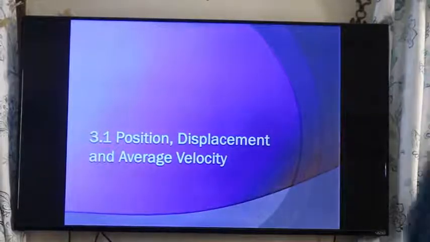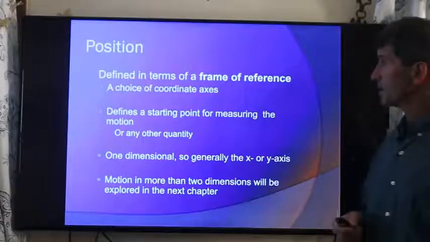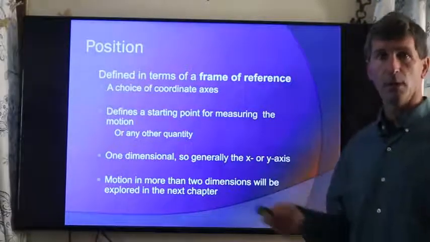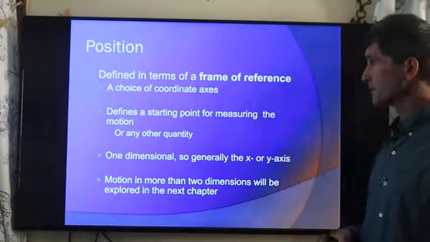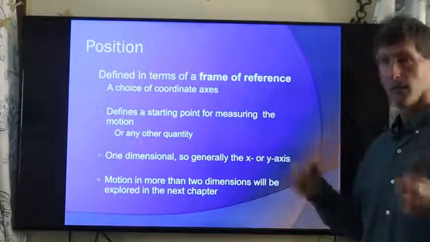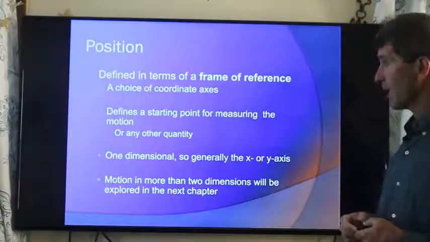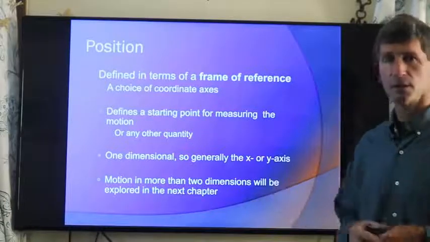So we're going to look at position, displacement, and average velocity. Position is where we are according to some point of reference. There's a frame of reference. We've chosen a coordinate system. We've chosen how we're going to describe where a point is in that coordinate system, usually using Cartesian or plane